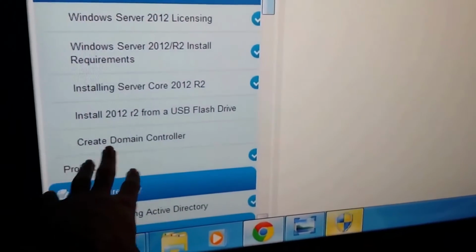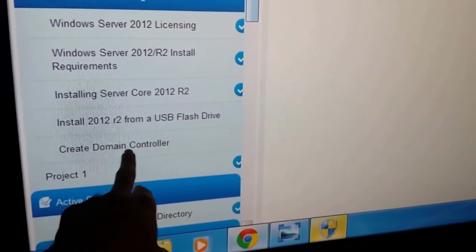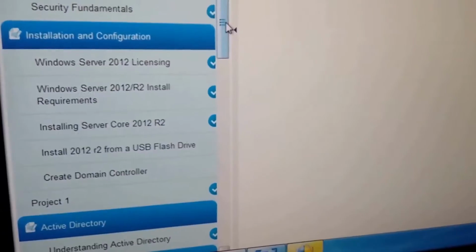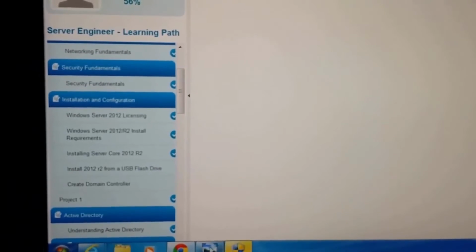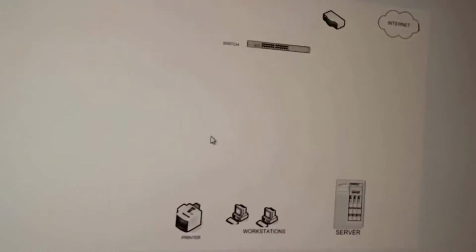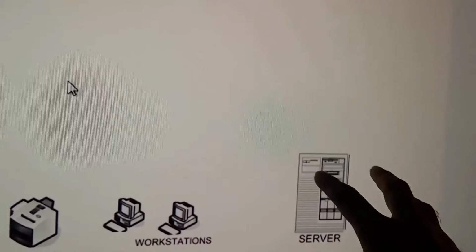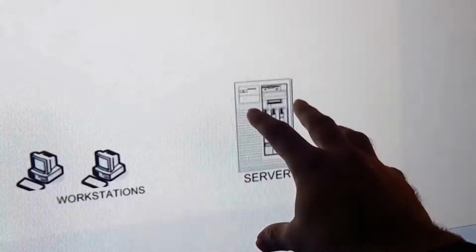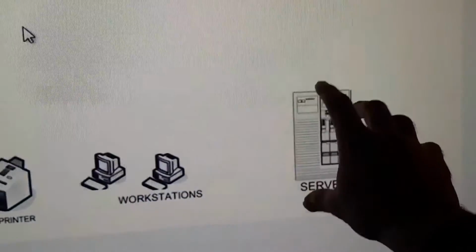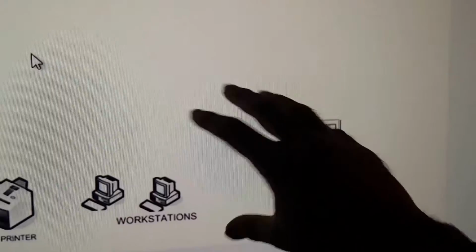Then after this video, you will see create domain controller. This is where we need to do our little planning, where we will basically discuss this guy right here. So we already put a software on it. We put the operating system on this hardware right here. This is the hardware. We put the software operating system 2012 R2 on this machine, but it's not providing all